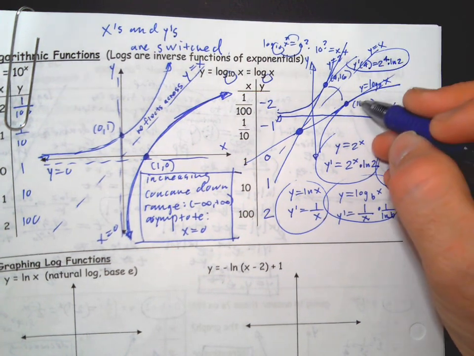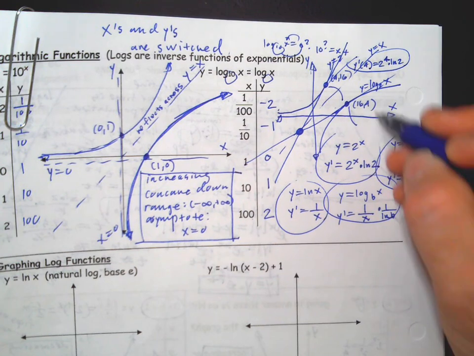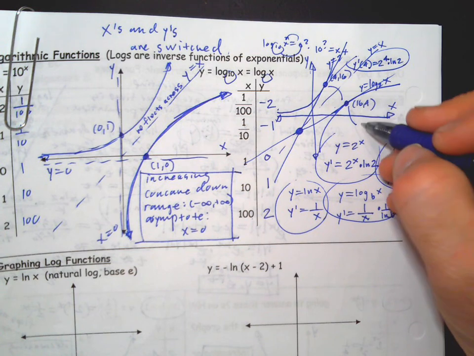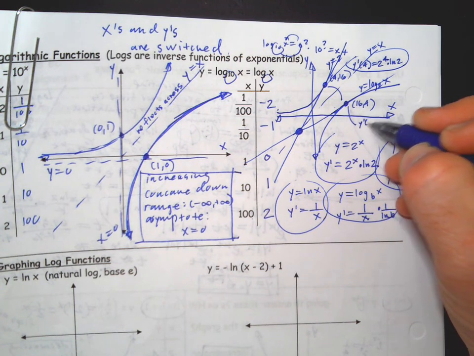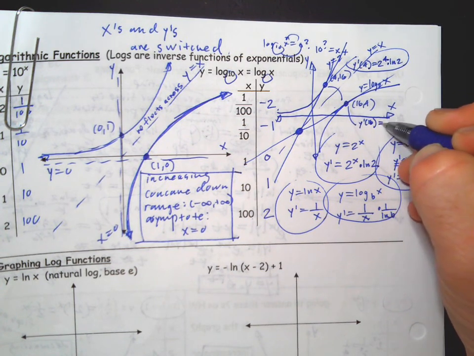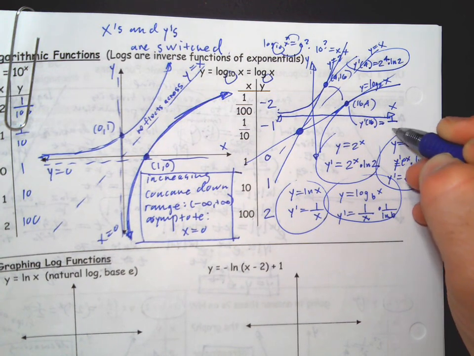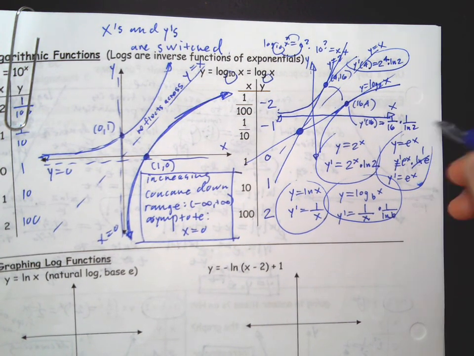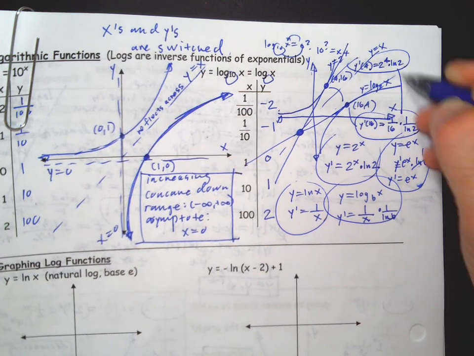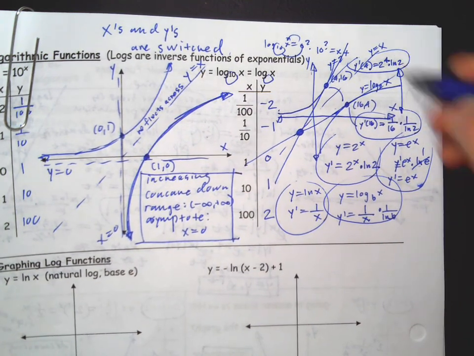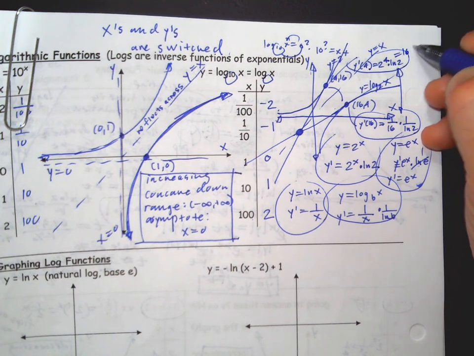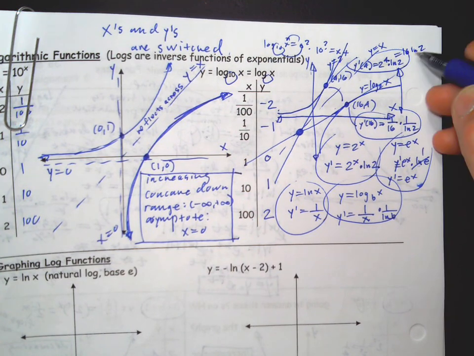And then on this graph over here, you're going to plug 16 into the derivative of log base 2, and so y prime of 16 equals 1 over 16 times 1 over natural log of the base. Now what you'll notice is that the slopes are exactly, this is 16 by the way, 16 natural log of 2. The slopes are